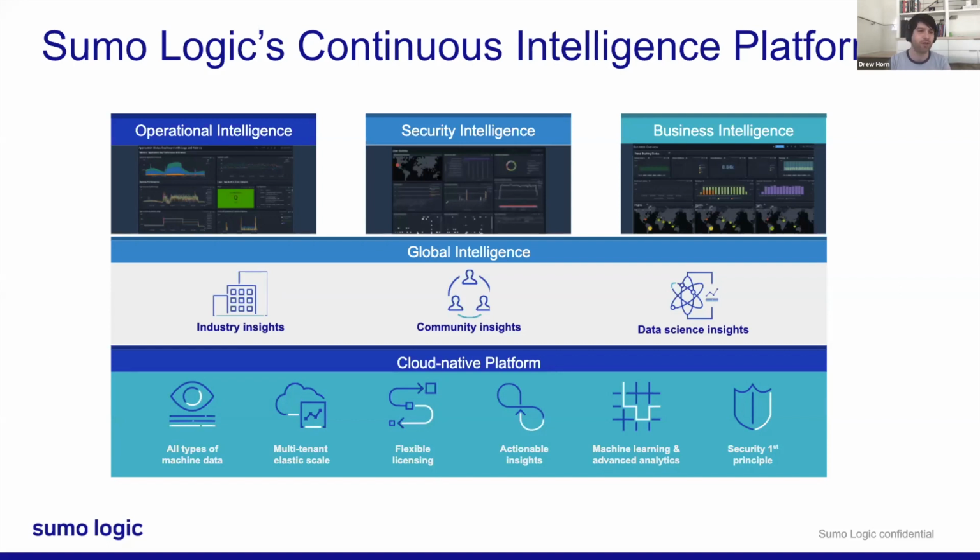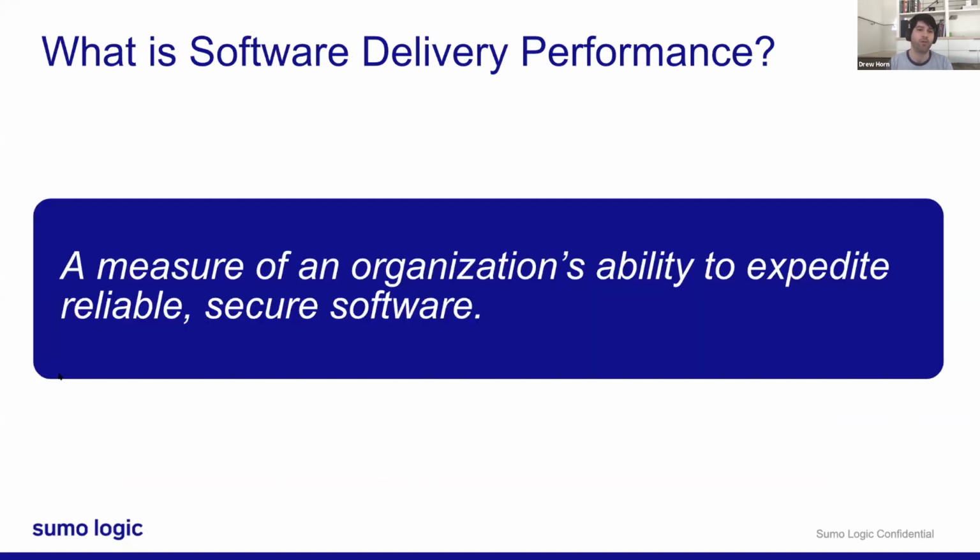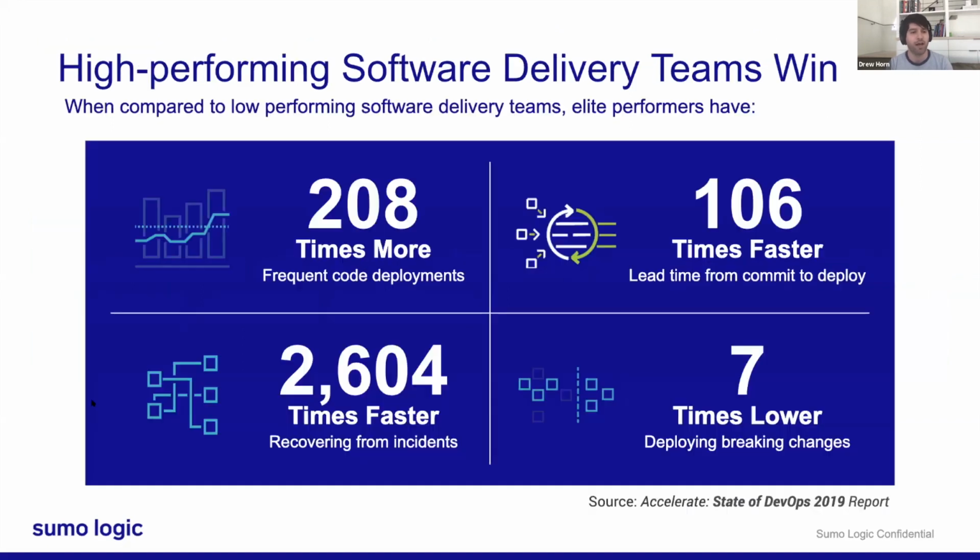So let's go ahead and jump into that. I'll walk you through. For those of you who aren't thinking software delivery performance in and out every day, it's a measure of an organization's ability to expedite reliable, secure software. So speed, reliability, and security are the 3 core pieces that you're focused on for software delivery performance. On the next slide,